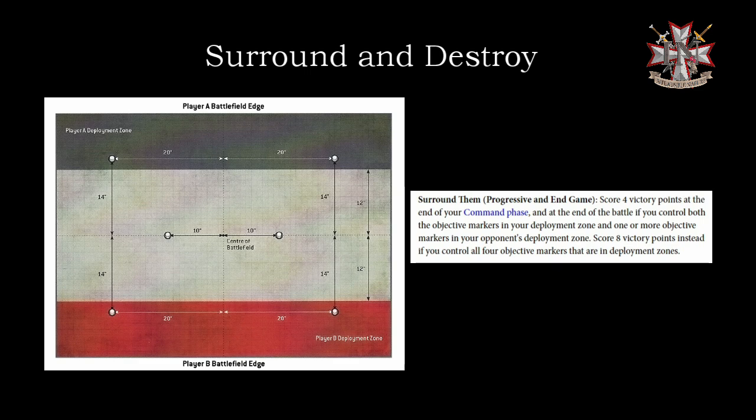So if you're not familiar, there are 6 objectives on the board. There's 2 in each deployment zone, as noted in the objectives. Now, this one is actually reasonably decent. So you most likely will be holding both of your deployment zone objectives. That is one of the prerequisites, as well as having one of your advanced units holding